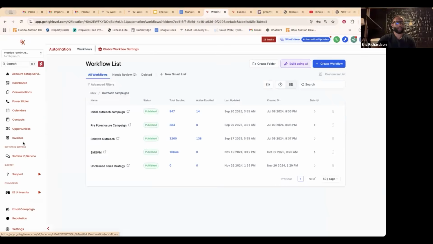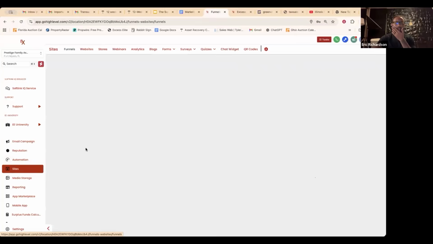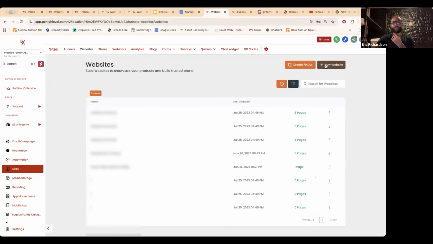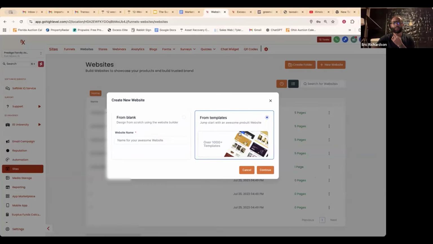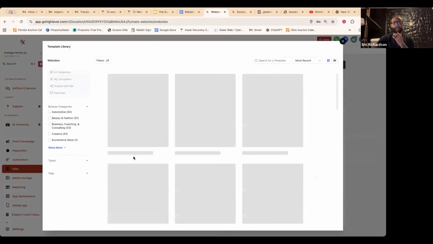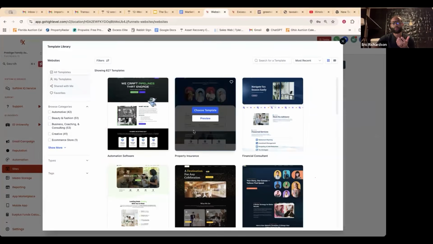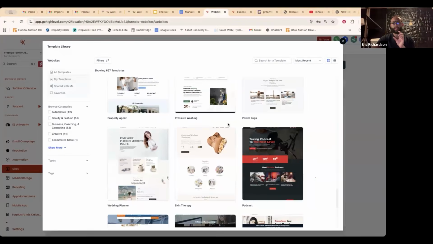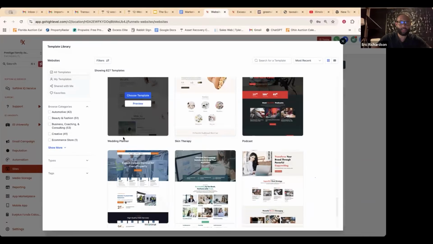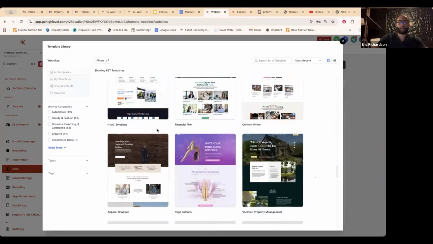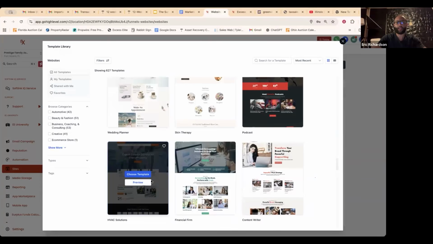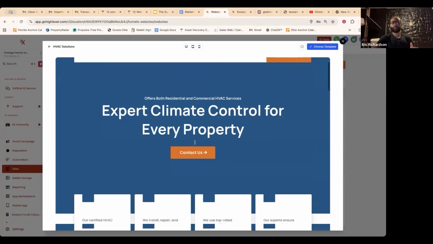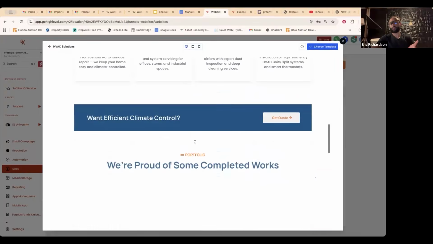You can also create websites. You can create forms. There's a lot of different things that you can do here. So let's say you wanted to create a website from an existing template. They have multiple industries that use this same software. So if you like something from a different industry, like we can see here, this says wedding planner, but it looks pretty cool, or HVAC solutions, you can go in there and choose it and customize it. You can see the template and you can make a pretty cool